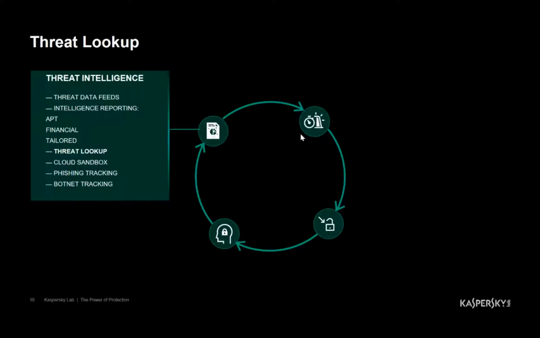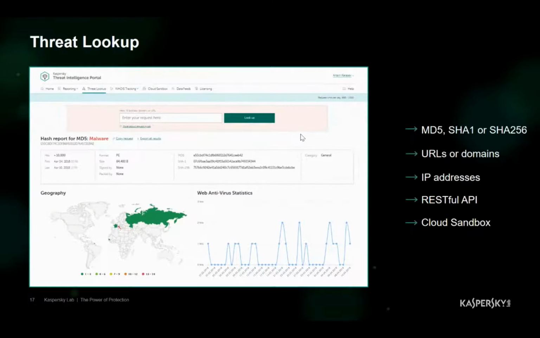The third service under the threat intelligence is called the threat lookup portal. As you can see here, it's a web service. The customer can subscribe to our threat lookup portal. There is another URL, I forgot about it. It is a URL where the customer himself can access this portal to search for